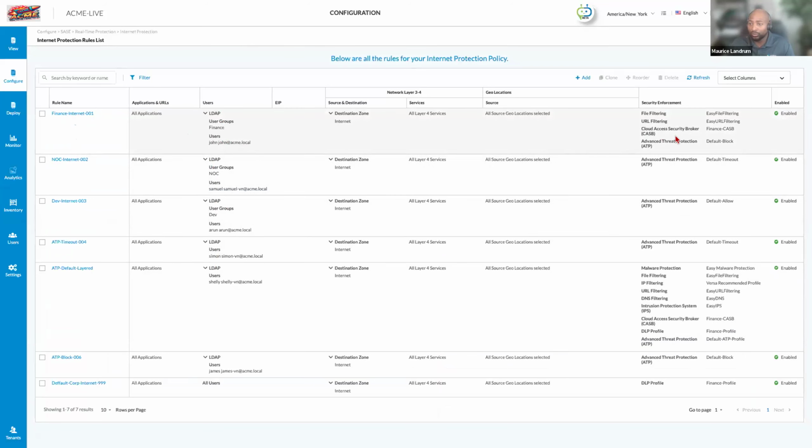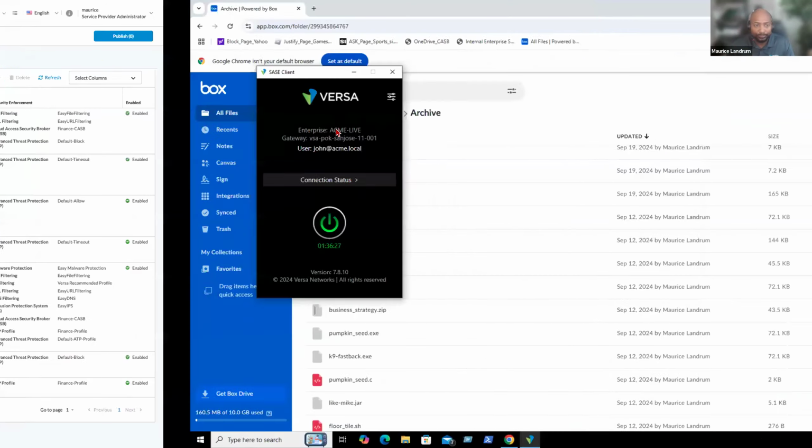And then you can also tie additional parameters to it, such as our URL filtering, our file filtering, our AV, IPS, IDS as well. So all of that can be layered because you want to catch that threat first. You don't want to wait. So if we have a file that can be caught on our AV, you want to catch it on the AV. Okay. So let's move over to the demo here.